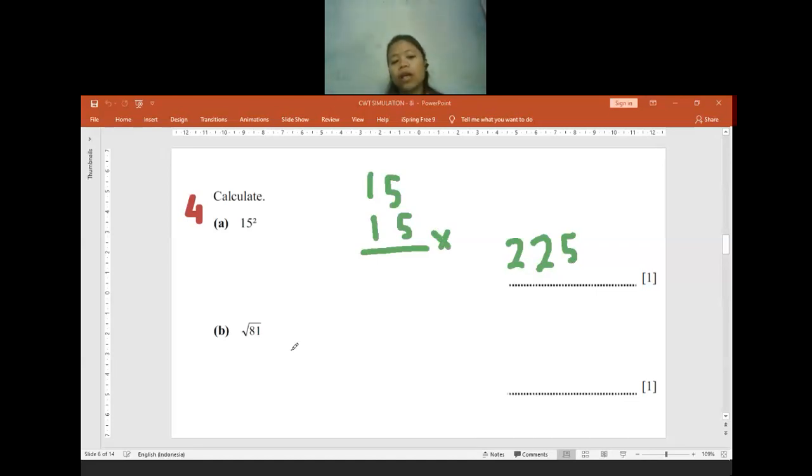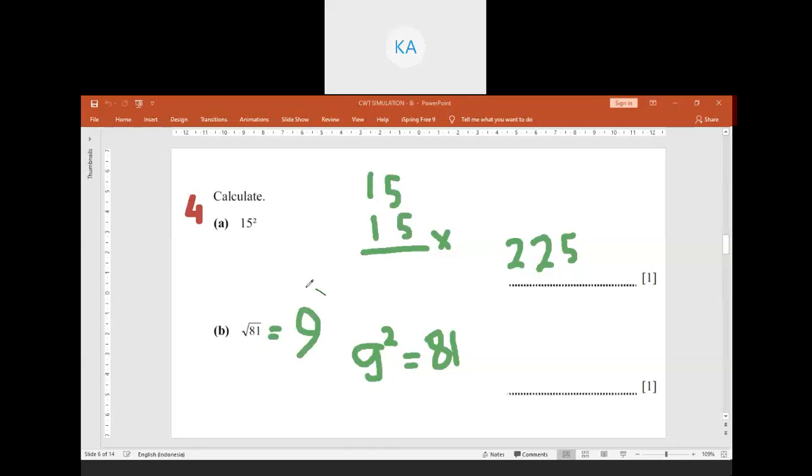If no one is confused, now the square root of 81. The square root of 81 will be only 9. Do not write the answer as 9 to the power of 2, because 9 to the power of 2 is 81, but the question is asking for the square root of 81. So the answer will be only 9, not 9 to the power of 2. For those who answered it as 9 to the power of 2, I crossed it out because that is not the correct answer. Is there anyone who is confused?